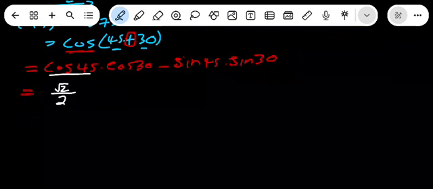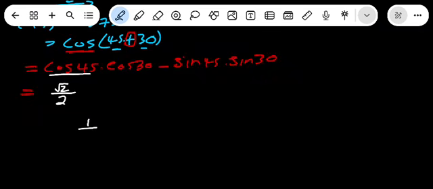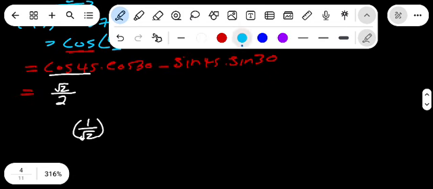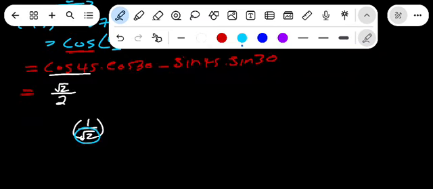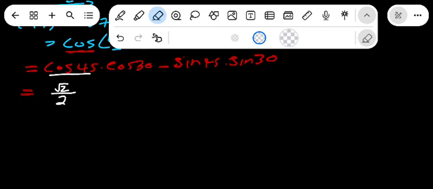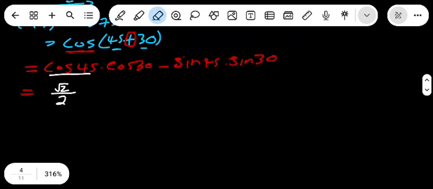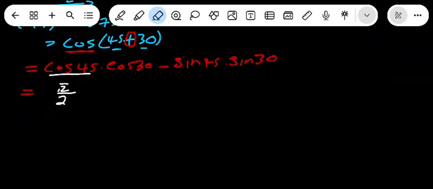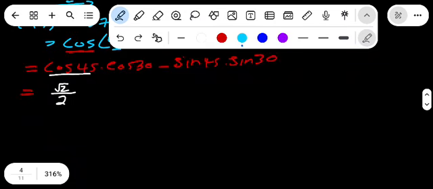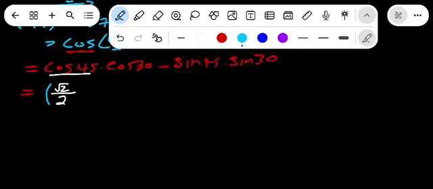I know someone can say 1 over the square root of 2, but in mathematics we are not supposed to have the square root in our denominator, you understand? So after all, it's fine even if you write it like that. This is a simplified version. It's one and the same thing. So I have this now,